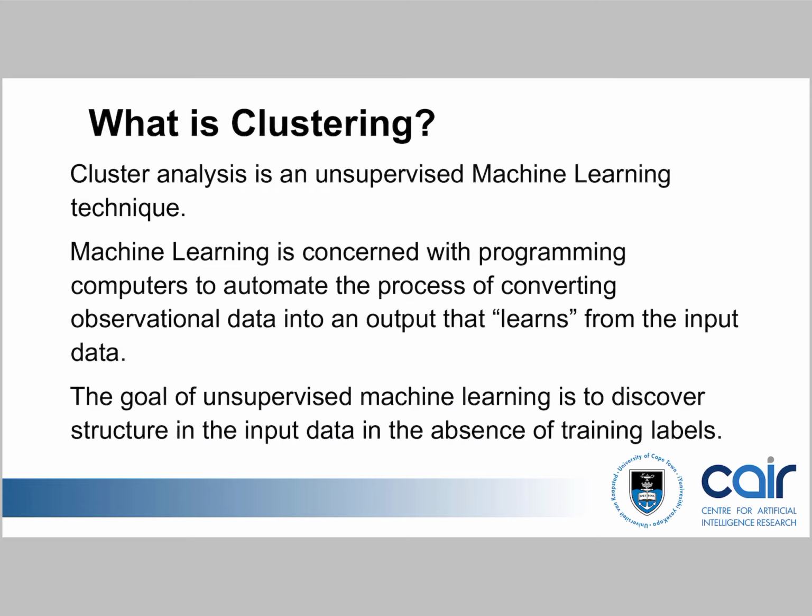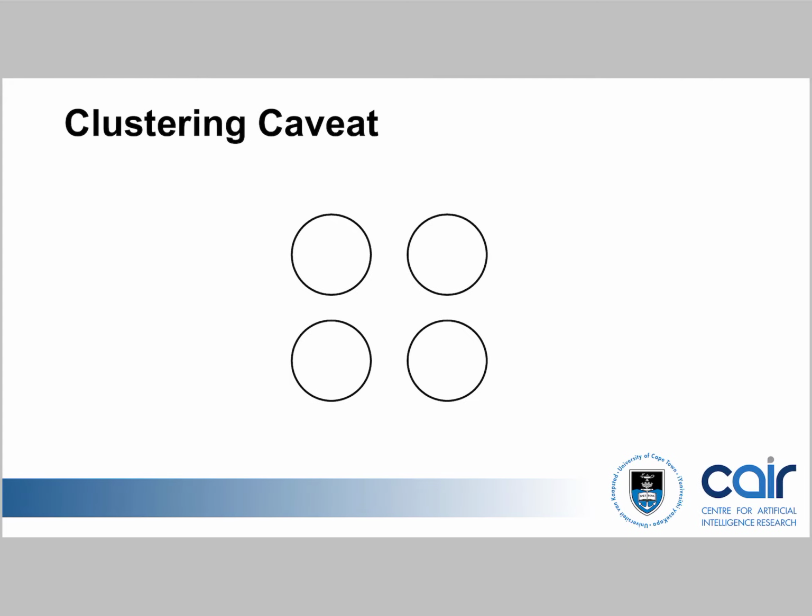So machine learning, you get supervised and unsupervised machine learning. Supervised machine learning, you would know what a data point is, or you'd know what category it belongs to. In unsupervised machine learning, you don't, and you're looking for patterns within that data. Now, sounds really nice, but there's a caveat, which is that machine learning or clustering algorithms are designed to make clusters. So one of the lesser noted, very obvious truths is that if you give a clustering algorithm a data set, no matter whether there are patterns in there or not, it will find clusters